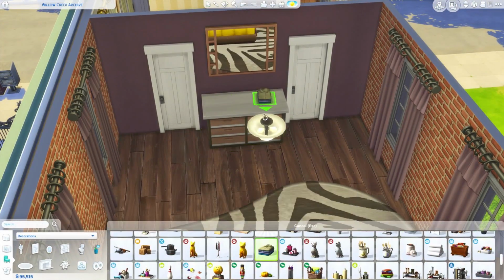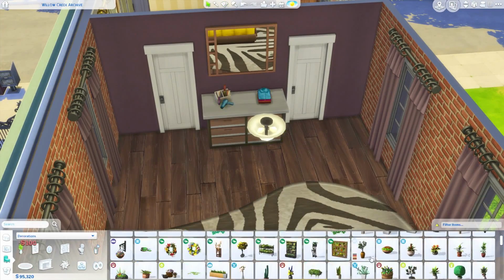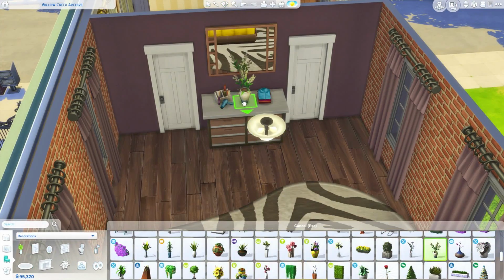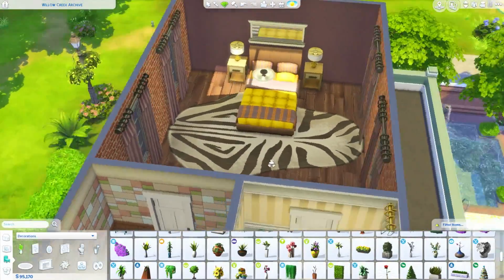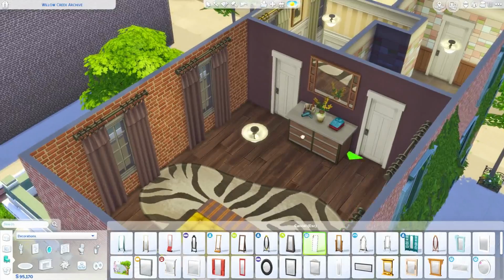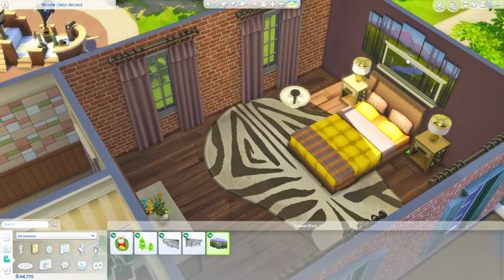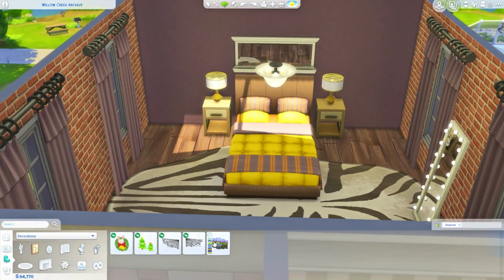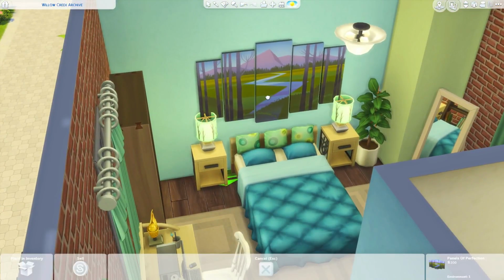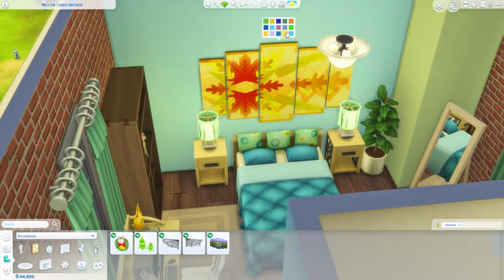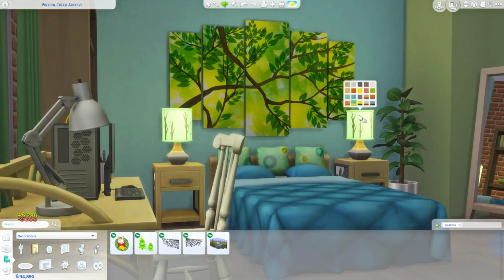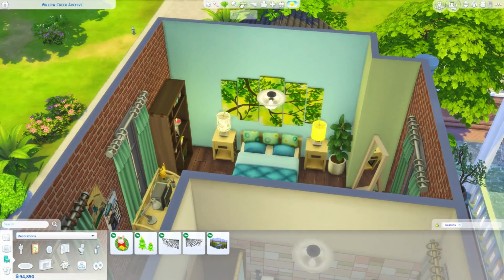But if you want to have a fourth bedroom in this house, it would work really well to turn that office area into another bedroom. Like, you can make it into a toddler bedroom, so that way they're really close to the toddler. It'll make it a little bit easier to take care of them. So yeah, that is something you could do if you're not really liking the whole study thing, and you could probably move the desk that I have in there into the bedroom,